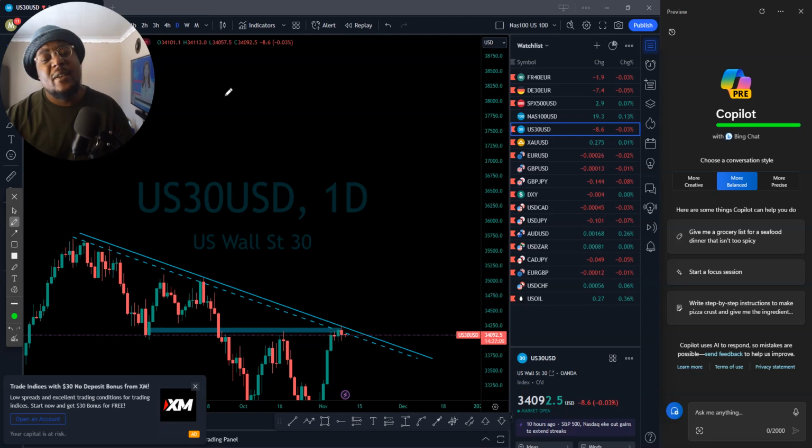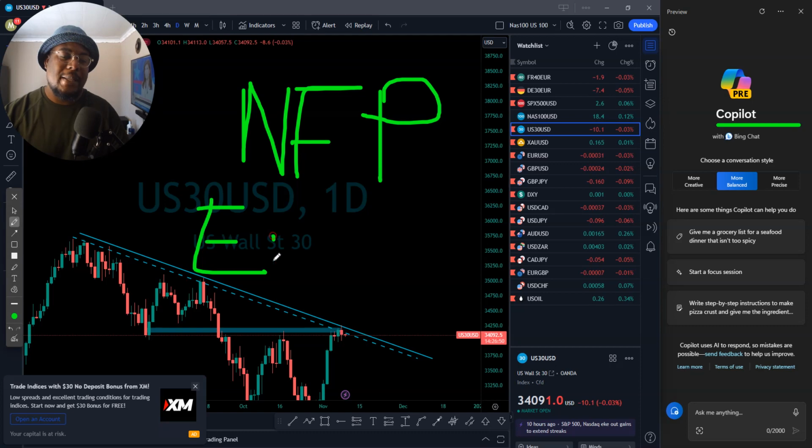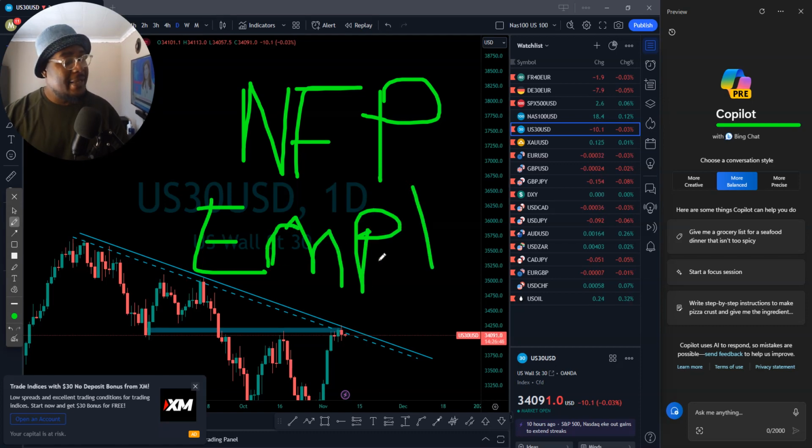unemployment change for the US, as it likes to be different. It's going to be NFP. Not specifically for the US, but once we cover employment change, this will relate to other countries because it's just the same thing, right?